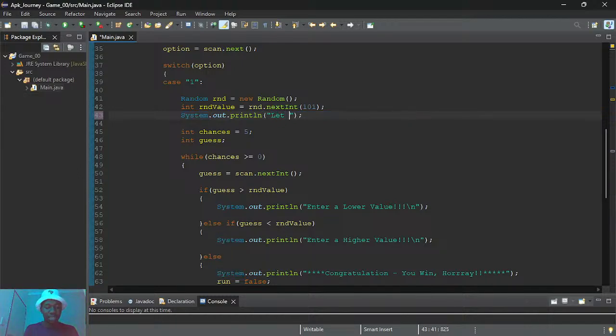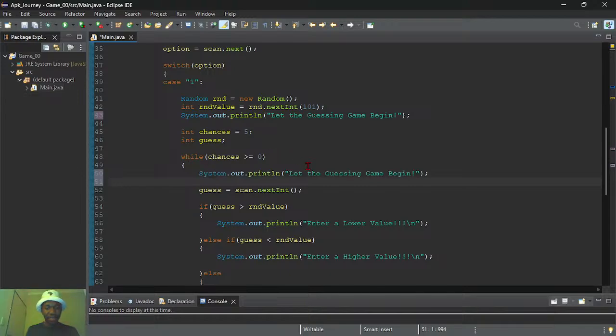Let the game begin. Let the guessing game begin. Sharp. And then after that, I'm also supposed to tell the user to enter: Please enter your first guess.